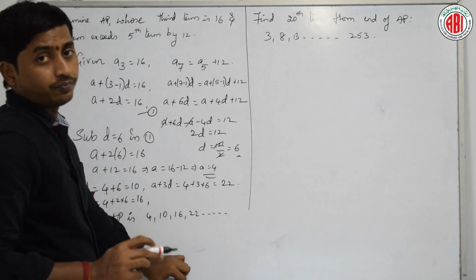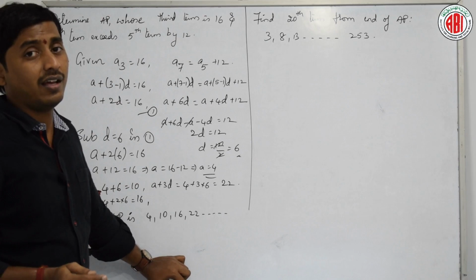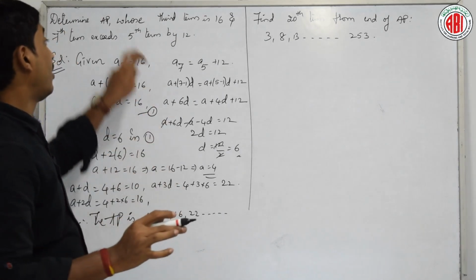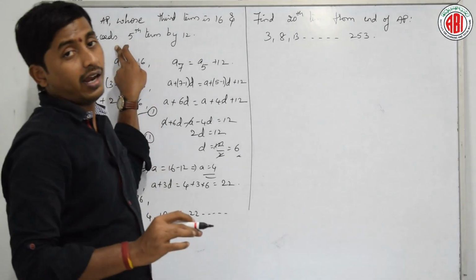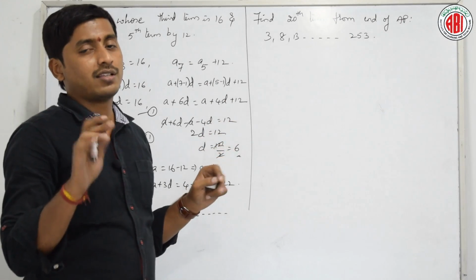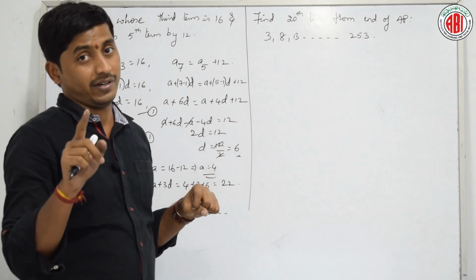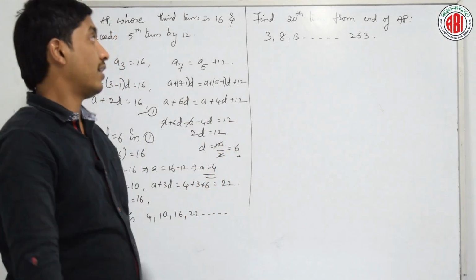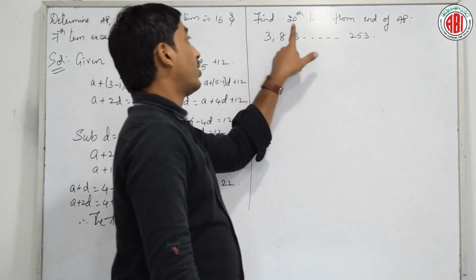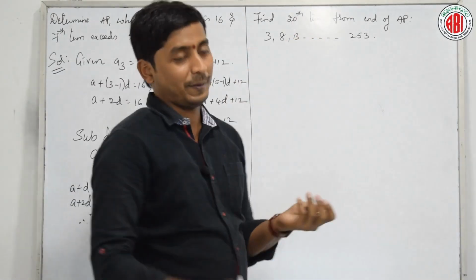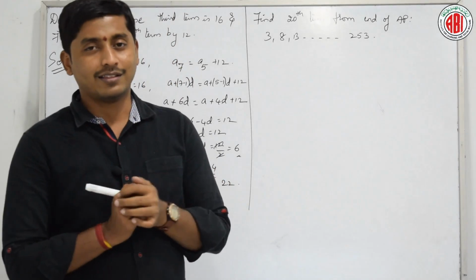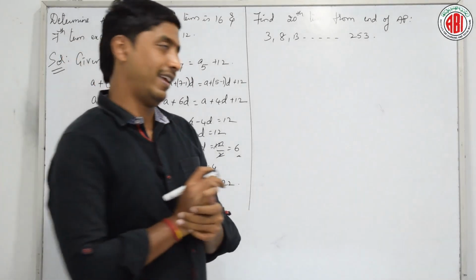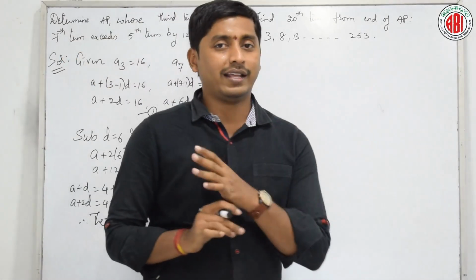Is it right? What is it that we have to remember here? First thing is try to understand the question, right? He'll definitely give two conditions. There will be some kind of hint, you have to identify it. Fine? See here, the next question. Find the 20th term from the end of the AP. How do we find? This is a twisting question, right? The 20th term from the back.